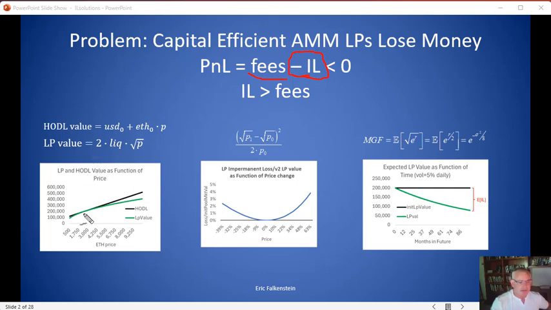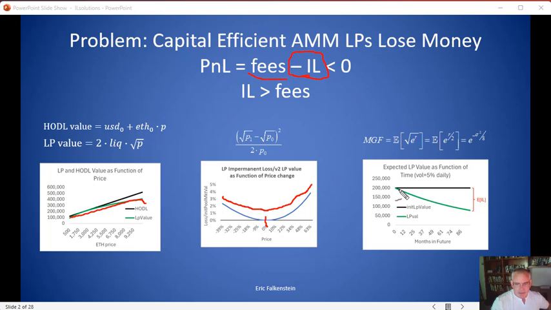And so this is a standard HODL versus LP, and the difference is IL. And if you look at this loss, this IL as a function of the V2 LP value, you see it looks a lot like the absolute value of the price change squared. And this loss being a function of the square comes up later. But this is what it looks like. And it can be zero, right? It can always come back. But we have the expected value of this, so we know it is